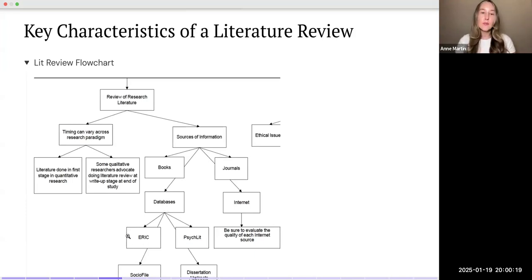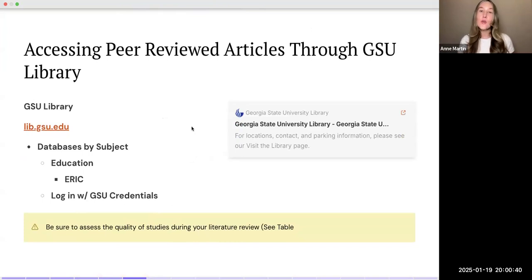Oftentimes when you are looking for those empirical peer-reviewed articles, you might go to Google Scholar, and that is okay. Now, I do want you to know that most of the articles you find are available through the fees that you pay as a student to Georgia State, and you can access that through the databases. When you want to access those peer-reviewed empirical articles, you can go to the Georgia State webpage. The shortcut to go is